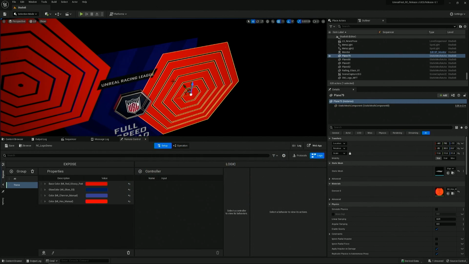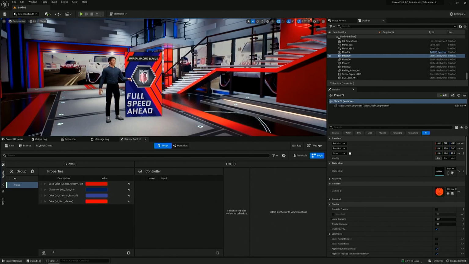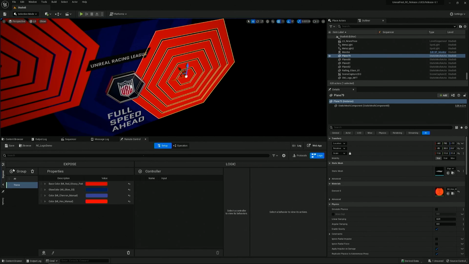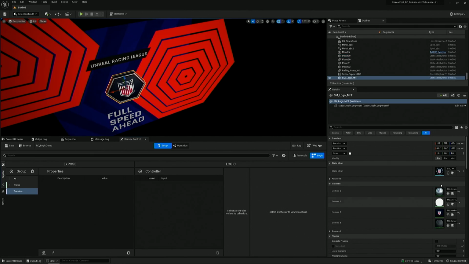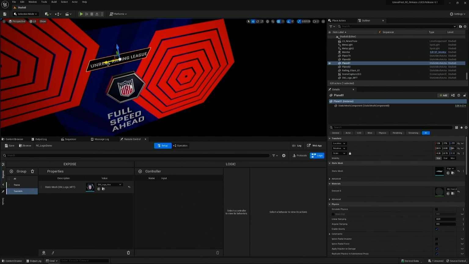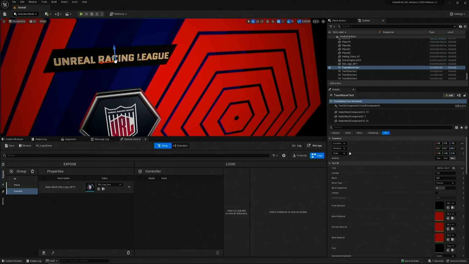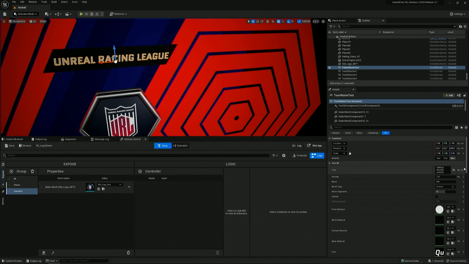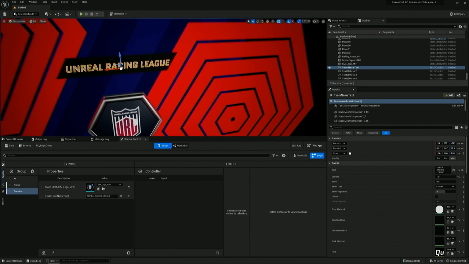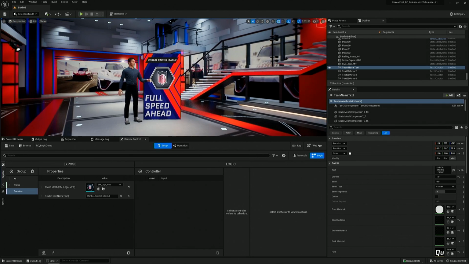So at this point, I have, I think, all the color parameters that I want to control, but I'll go ahead and make another group and call this team info. And there I'll actually expose the logo itself, since I know I want to change that, and the text here. I'll come in a little bit tighter so I can click this, and I want to expose this text field there. Okay, I'll save this, and now I'll go back above so I can get a good view of everything,